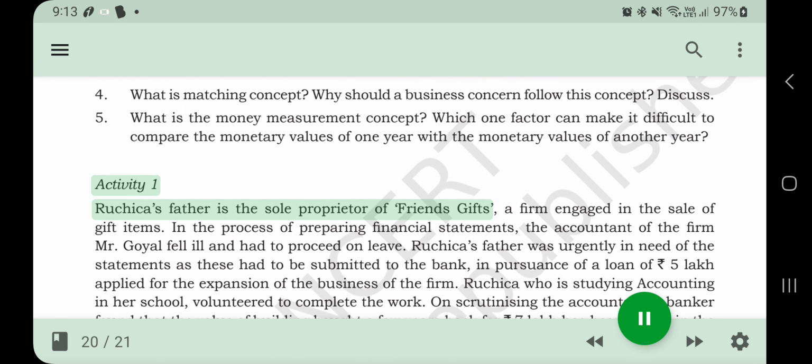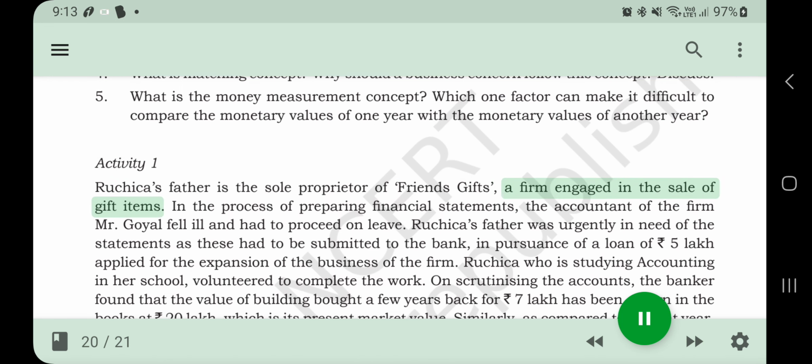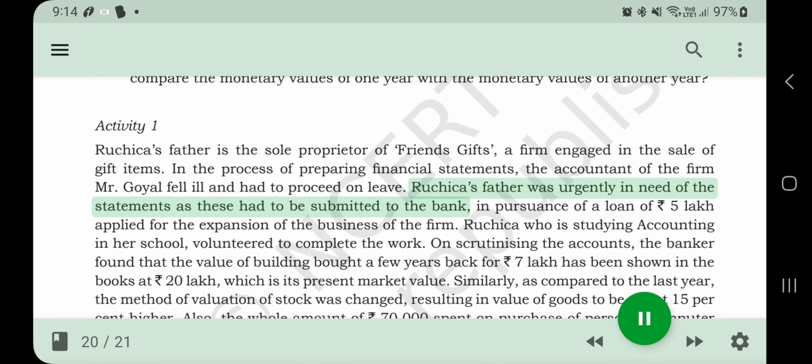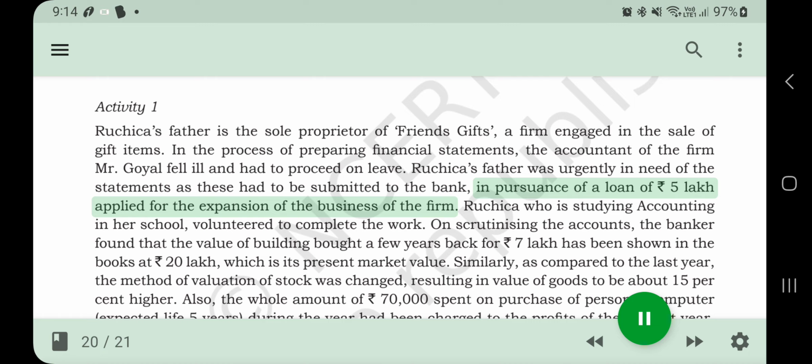Activity 1. Ruchika's father is the sole proprietor of Friends Gifts, a firm engaged in the sale of gift items. In the process of preparing financial statements, the accountant of the firm, Mr. Goyal, fell ill and had to proceed on leave. Ruchika's father was urgently in need of the statements as these had to be submitted to the bank,